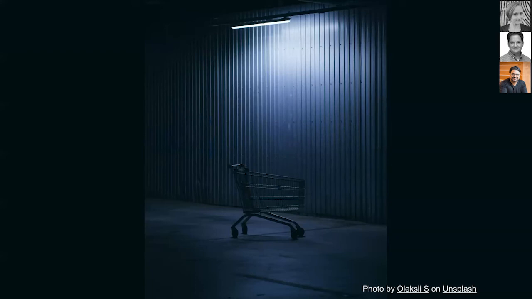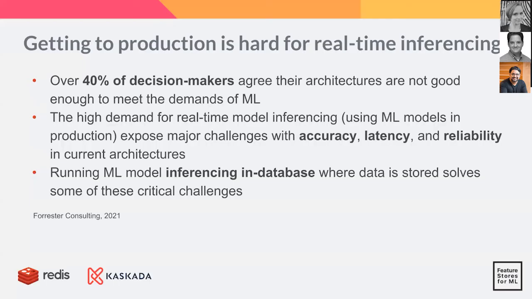When it comes to forecasting supply and demand, one of the key things to keep in mind is latency is an outage. And it doesn't matter what product or service the end user is in need of, whether it's a toilet roll or formula for an infant. Our dependency on these things is so high that we need to have instant availability. But getting models into production for real-time inferencing is a difficult thing to do. In a survey by Forrester Consulting and Redis, 40% of the decision makers agree that their current architectures are unable to meet the future demands of machine learning.